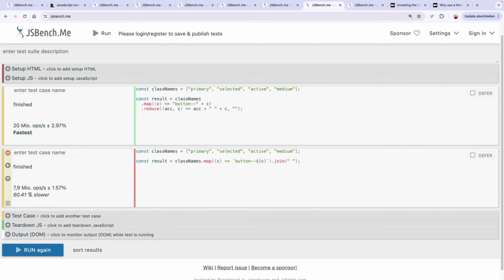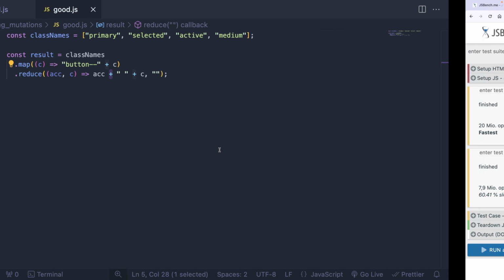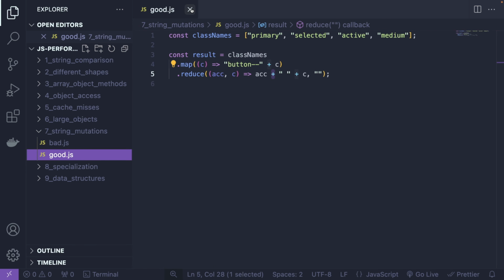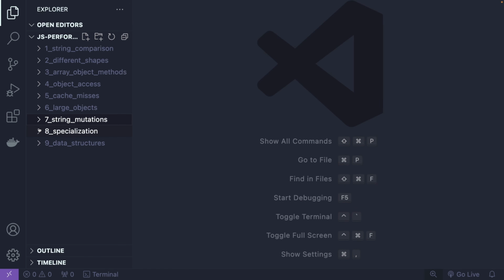And as you can see, joining, meaning string mutations, are 60% slower. Okay, this is quite bad. And it's already doing it. It's already performing so bad with just 4 items. Just be careful, okay? Maybe save this video to watch it every day until you are very familiar with all these concepts, okay? Now, point 8,